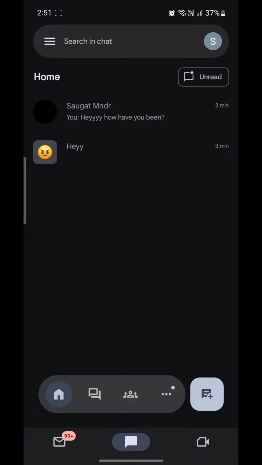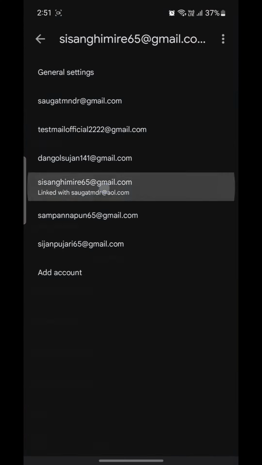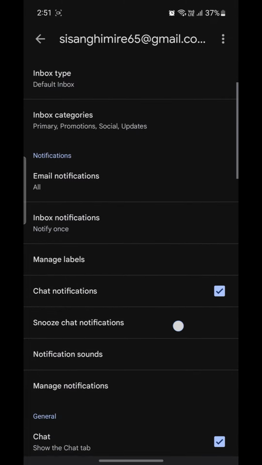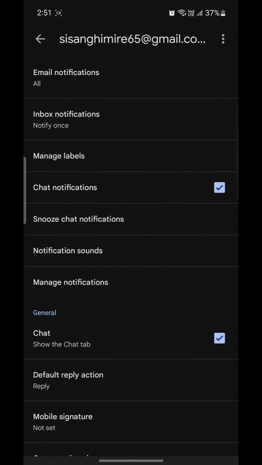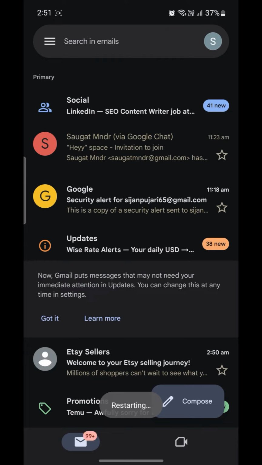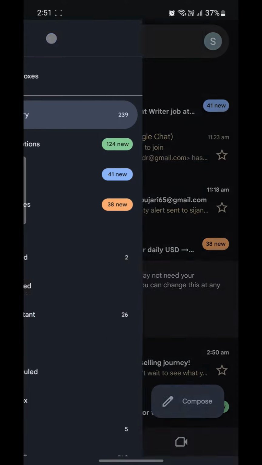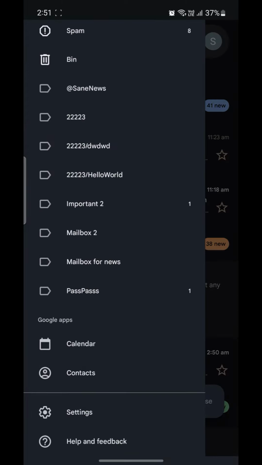Go to the settings on the top left hand side, click on settings and then select your Gmail. Then scroll a bit down and find chat under general. If you don't want it, just go ahead and disable it, and as you can see that the chat menu will be deleted. But if you really want it, tap on the three lines on the top left hand side,